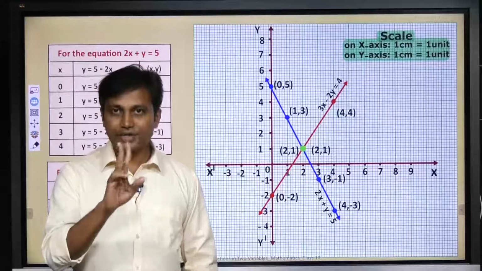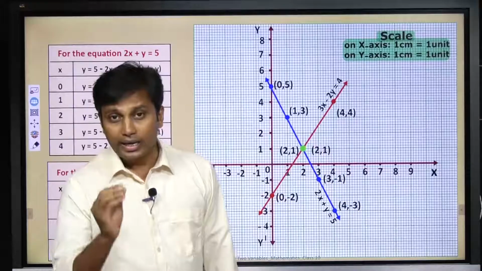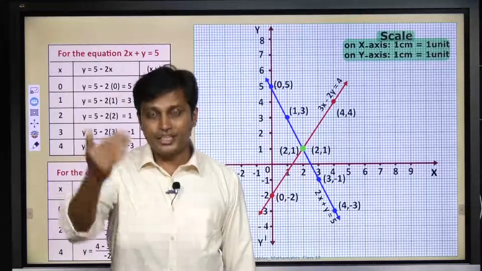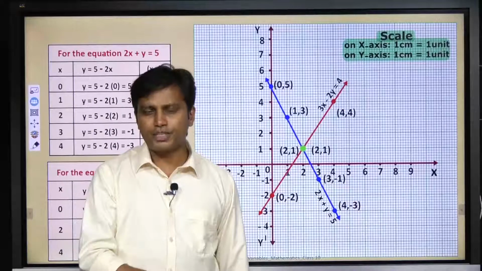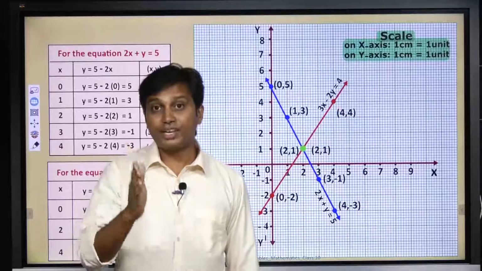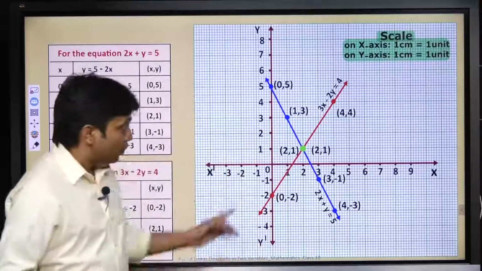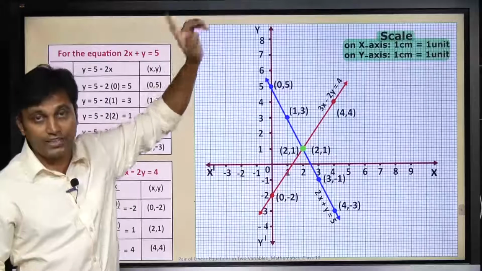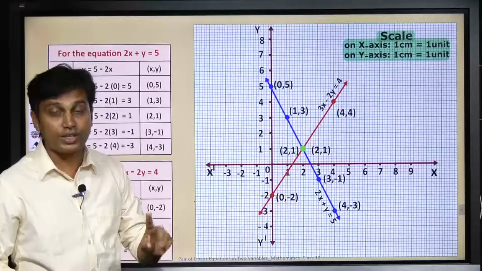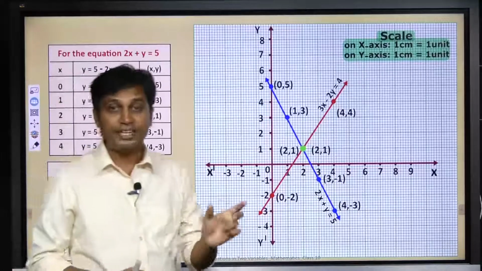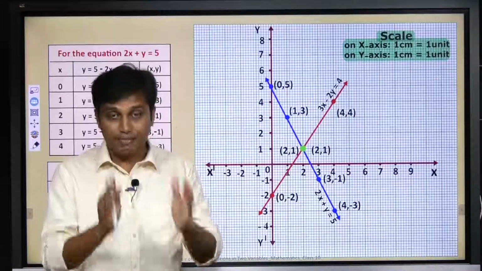So two clarities we got here. What are those two clarities? First clarity would be the graph of a linear equation in 2 variables, or 1 variable also, will give you a straight line on the graph. And here one solution is there. When we were solving these simultaneous equations, we are getting one solution, means what? One value for x and one value for y, which is an ordered pair (x, y). That one pair is representing here